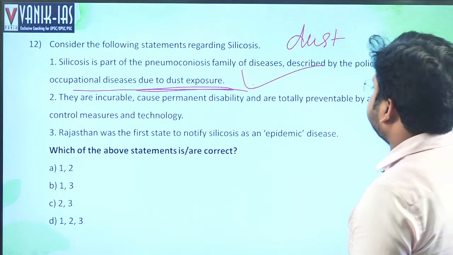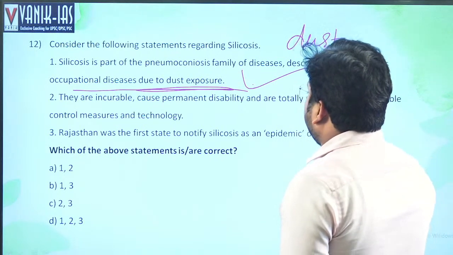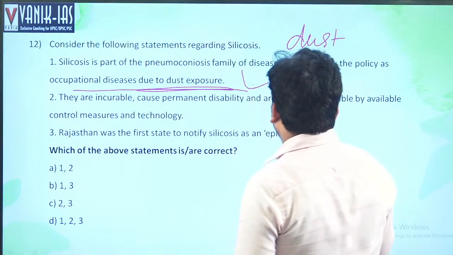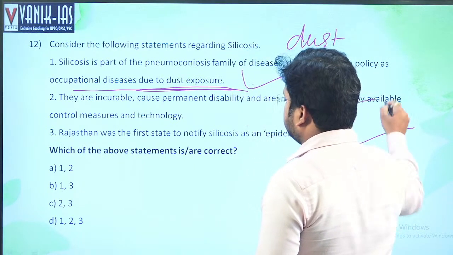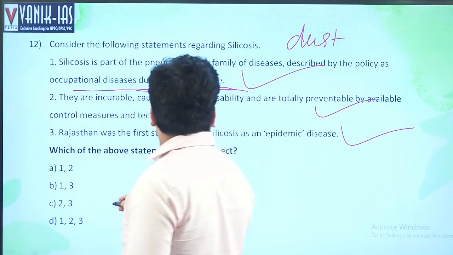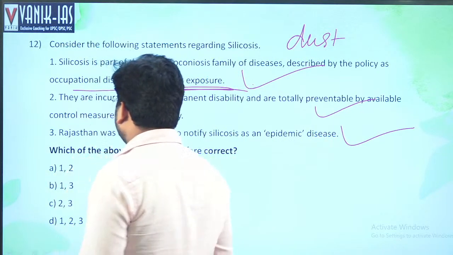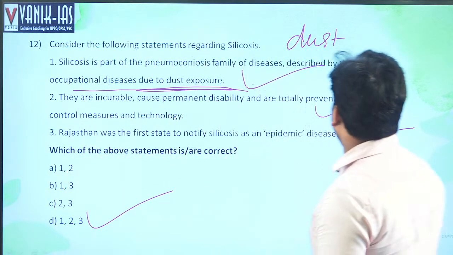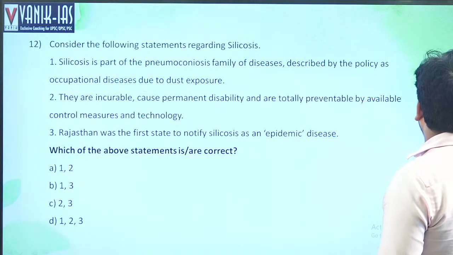Rajasthan is the first state to notify silicosis as an epidemic disease. Yes, so all the statements here are right. 1, 2, 3, all the statements are right. Next,